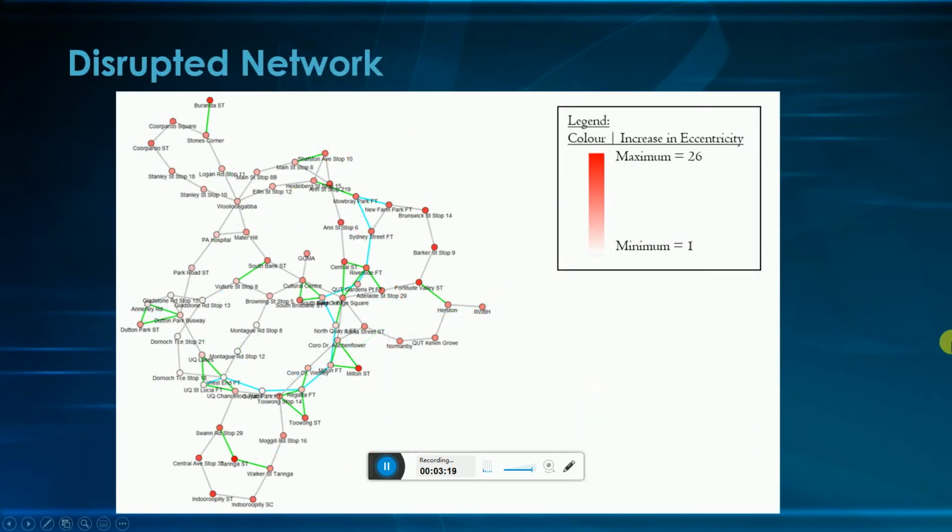We now consider the disrupted network in which all of the train routes were taken out. I wanted to first see the increase in eccentricity per vertex, because taking out routes will only decrease options for shortest path and so increase the distance between most paths. The increase in certain vertices is quite dramatic, with a maximum increase of 26, which is almost doubling the eccentricity of certain vertices. And we can see the majority of affected vertices are either train stations or adjacent to train